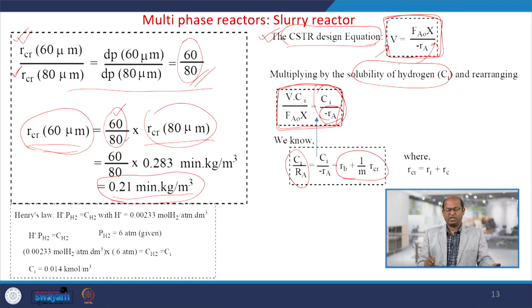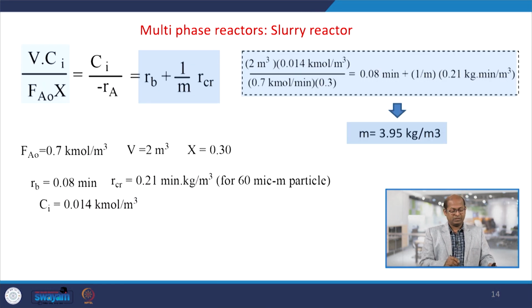Okay. These correlations we have developed in your previous class. So, Ci by Ri or Ci by minus Ra is equal to the gas absorption resistance plus 1 by m into RCR, that is the resistance due to the external diffusion and internal diffusion. Okay. So, now